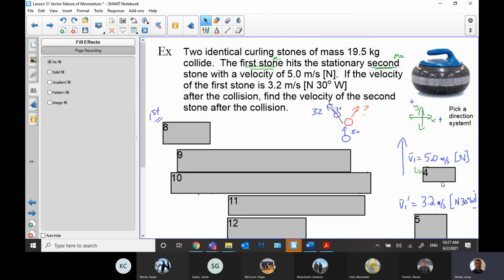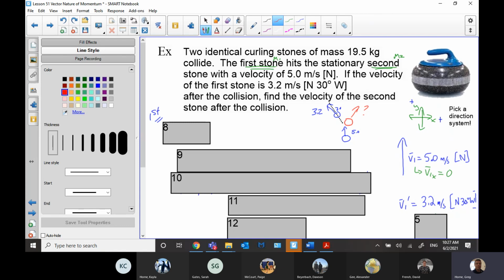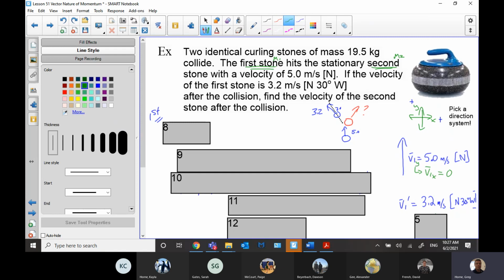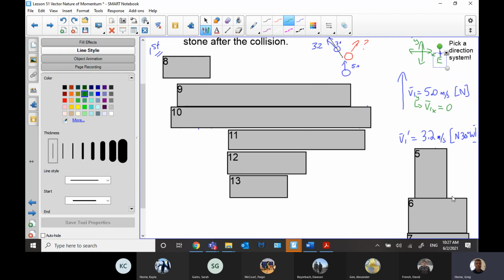Weird. Anyways, so we've got V1, of course, is the 5 north, and there isn't any x component at all, right? So you could call that V1 y component, really, right? So I'm going to put in a y component there as well. Let's do that in green, so we keep with that. So that's really a y component because it happens to be perfectly in the y direction. We pick, like I said, the north and the east as your direction system, as we usually would.